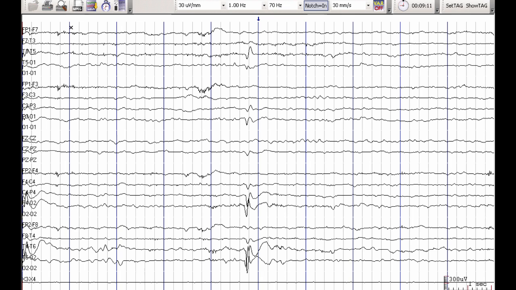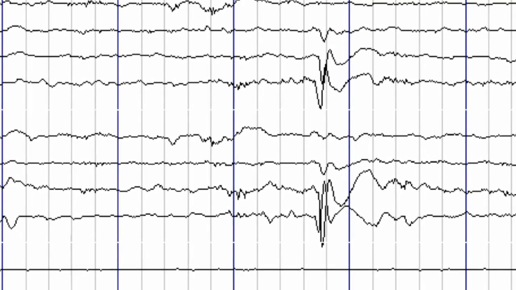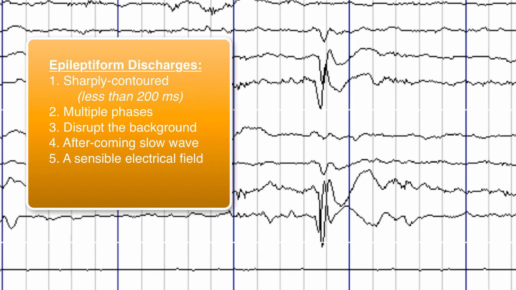I have chosen a recording from a different patient to show you a slightly different focal epileptiform discharge. This discharge follows all of the rules we have established for focal epileptiform discharges. It is sharply contoured. There are multiple phases. There is a disruption of the background rhythm. There is a large aftercoming slow wave, perhaps best seen in the posterior temporal region, and there is a field